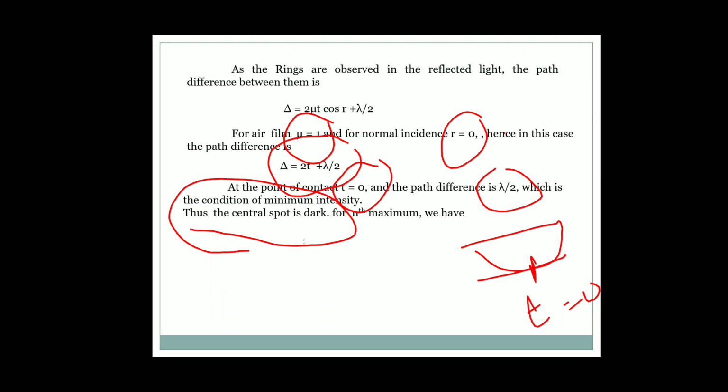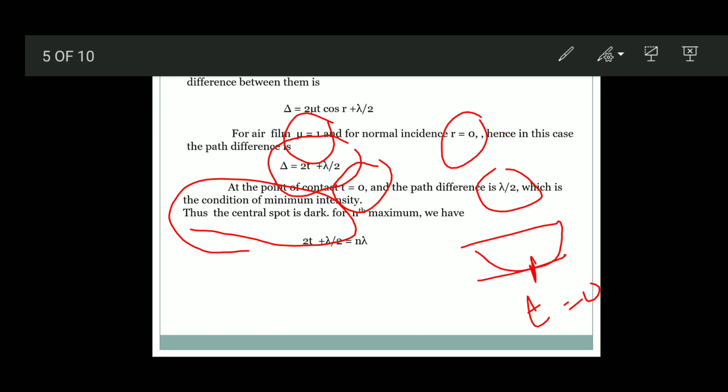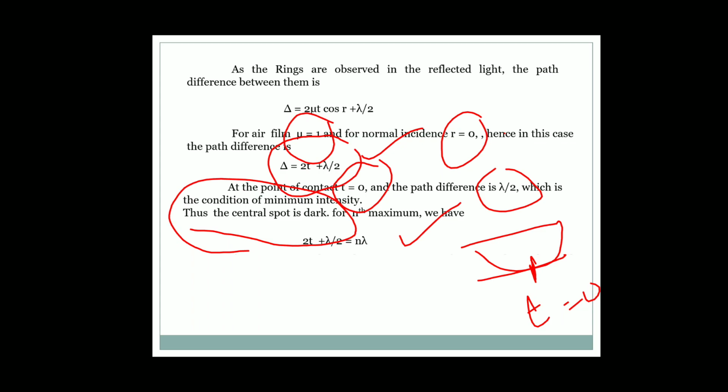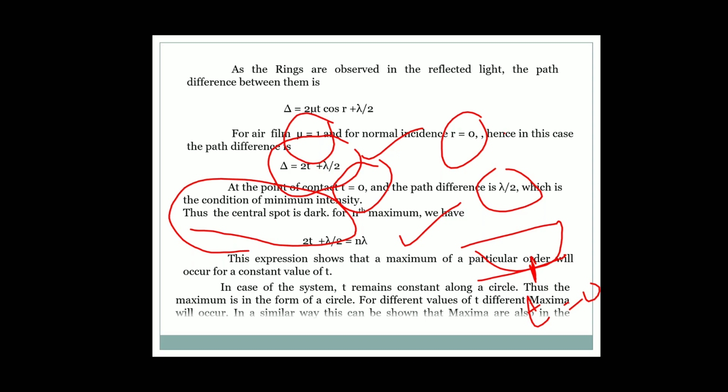For the nth maximum, we know the path difference is nλ, so that the total path difference 2t plus λ/2 is equal to nλ, so that 2t is equal to (2n minus 1) into λ/2. So this expression shows the maximum of a particular order will occur for a constant value of t. But we know t remains constant in a circle,